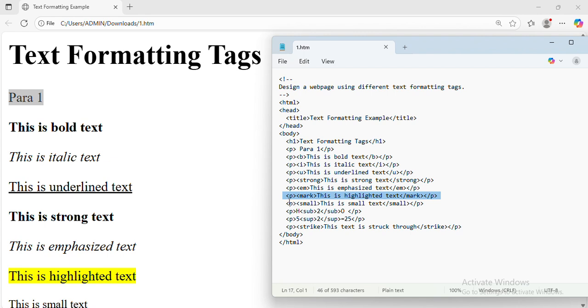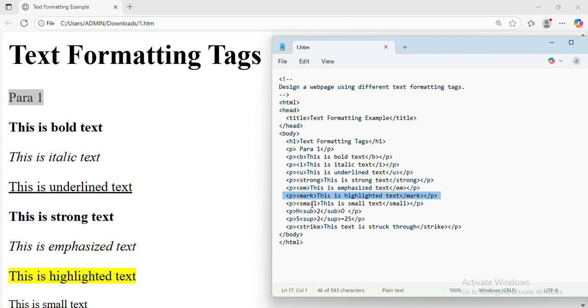So you can see paragraph tag, and then I have specified a mark tag, then the content, then closing the mark tag, closing the paragraph tag. Without paragraph tag also you can write the content with all formatting tags, but that time you have to use BR for moving to the next line. So instead of using BR tag for moving to the next line, I have included the content in the paragraph tag. So all of you can see the output, it is in the yellow color,